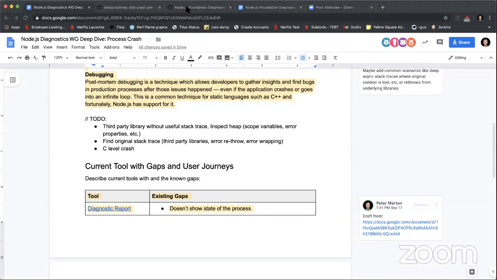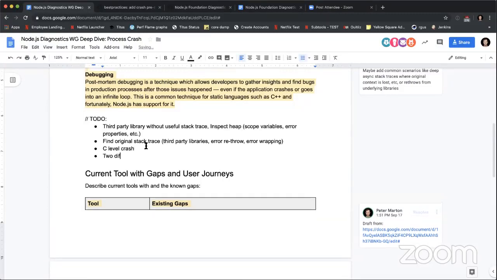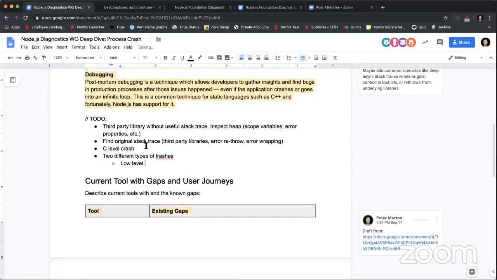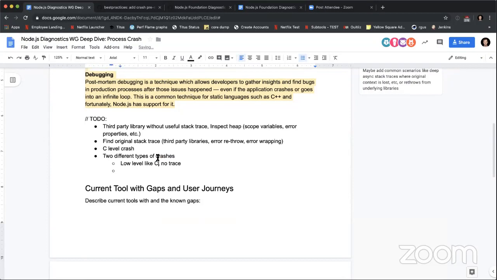The way I look at it is, at least there are two different classes of issues which come under the crash, after listening to the explanation of Peter. One is basically low-level crashes such as C crashes, etc., which do not leave a trace of a stack trace for whatever reason, whereas the crash context and the failure data is crisp and precisely available if you debug through a core dump debugger. That is the first class of